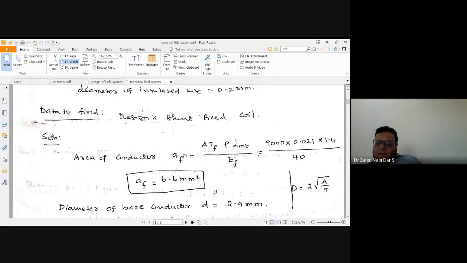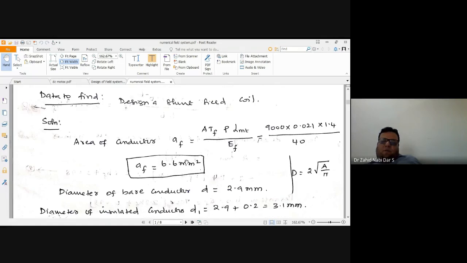So this thing we have seen in the previous calculation. No need to go into that much detail about where it came from. It came basically from the permutation and combination of Ohm's law and the current density equation. You will get this formula. It is handy in an examination if you remember such formulas. Directly you can put in and get the value of AF.